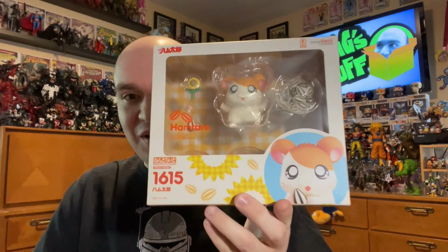I love Hamtaro. When I was a kid, this show was on around the era of Dragon Ball Z and some of the other stuff that was on Toonami, and it was kind of weird that it was on that block because it was mostly very action-oriented shows like Dragon Ball and I don't remember what else. Was Kenshin on Toonami? Honestly, I can't remember what was on Toonami during the day and Toonami at night. Even the Powerpuff Girls was on Toonami during the day. But there was some cool...